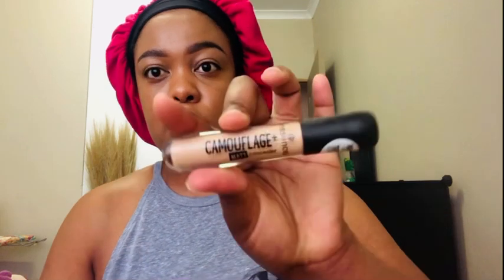The next step is for me to go in with some setting spray. With this particular setting spray, you would get it from the Scarlet collection from Mr. Price. I spray setting spray after each step, so whether I'm applying foundation, concealer, powder, after each step I just use some setting spray. So right now I am just letting the setting spray dry out a bit, and I'm going to use my concealer,